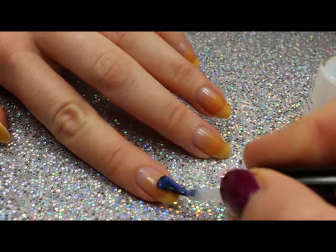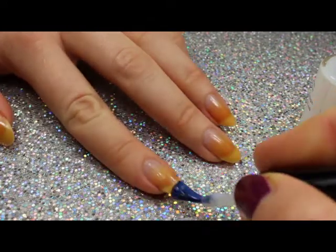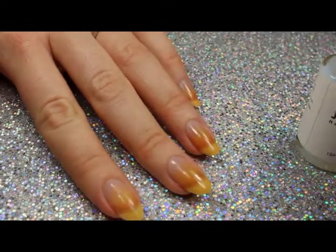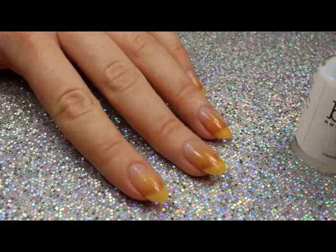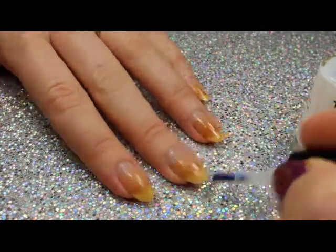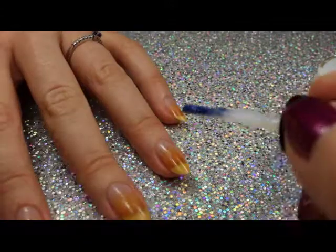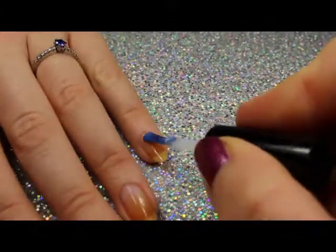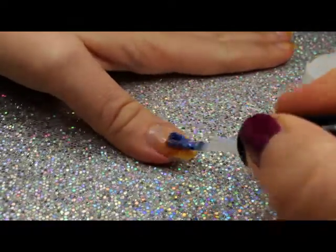So I just carefully apply that to all of my nails, and you do need to let that dry properly. Foil glue is properly sticky once it's dry, so you'll just leave it for a few minutes until it's fully dry. Once again, if you don't let it dry, what will happen is that the little decals will slide around on your nails and it will be very annoying. So just wait a few minutes,